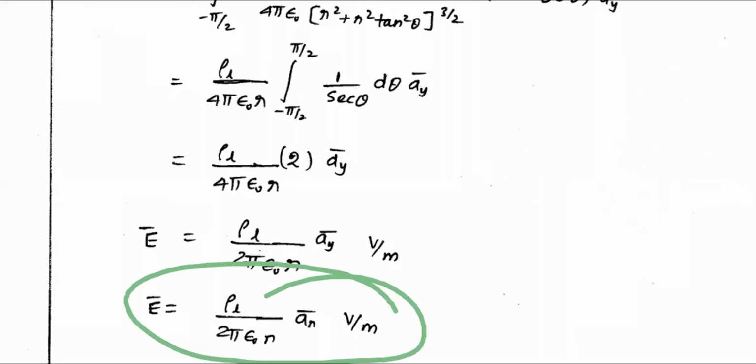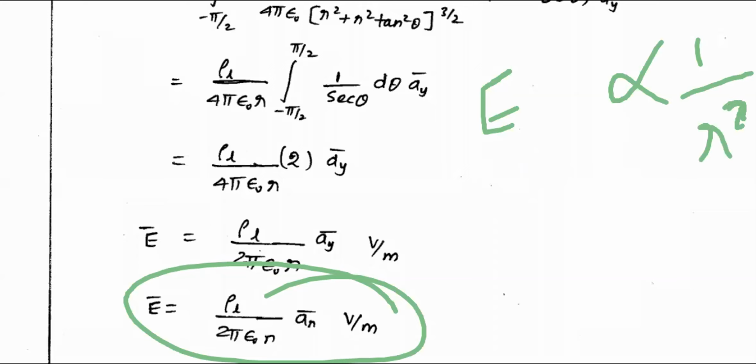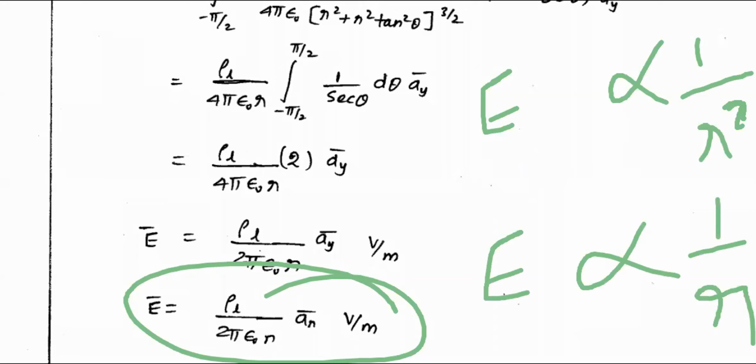Again, the unit of the electric field is volt per meter. One more important thing is, in case of a point charge, your electric field depends on 1 by r². But in case of a line, your electric field depends on 1 by r. Are you observing this fact? In case of a point charge, your electric field depends on 1 by r². In case